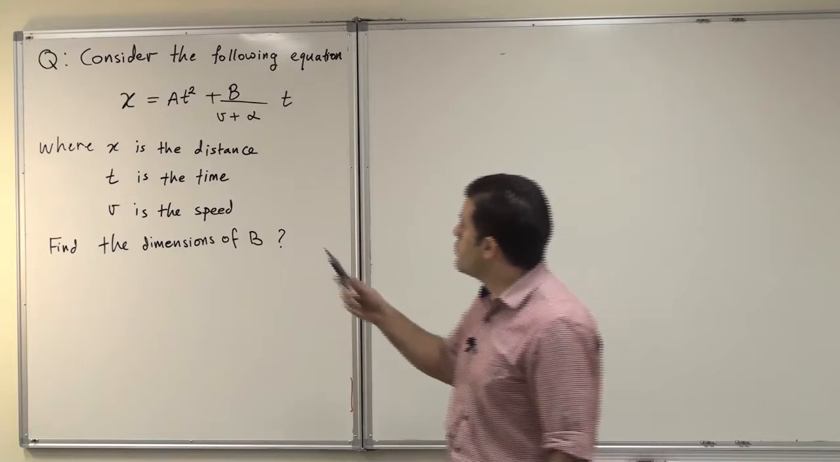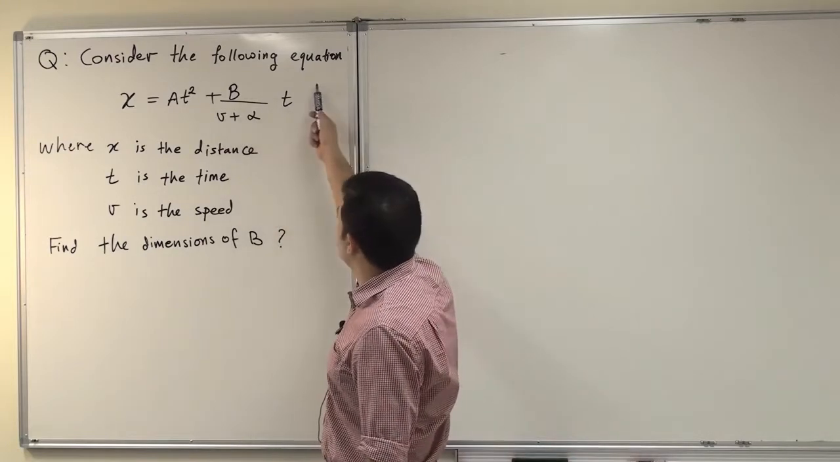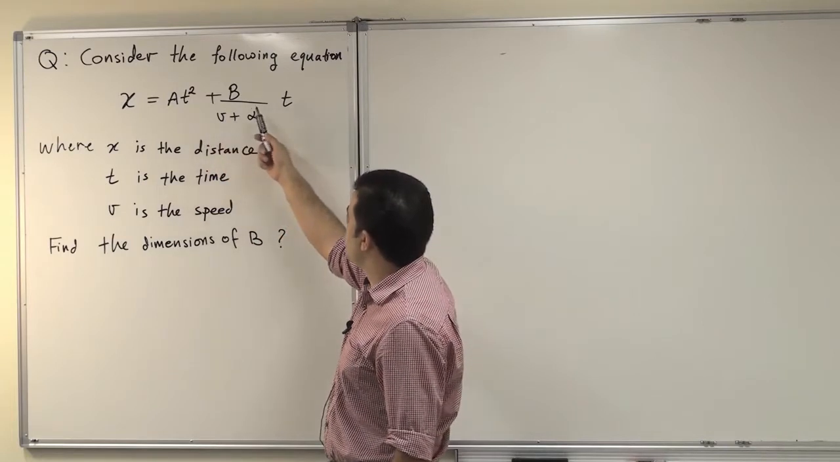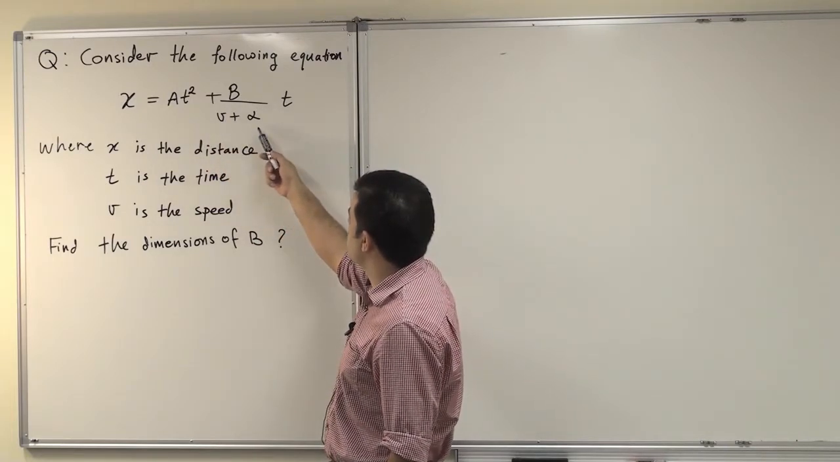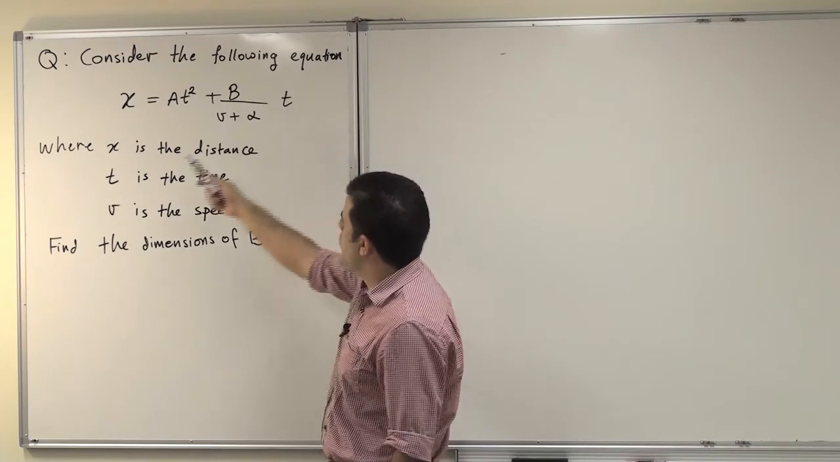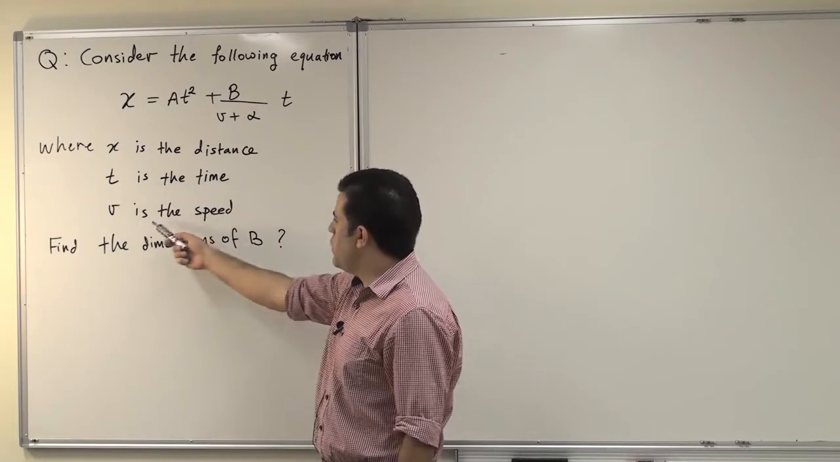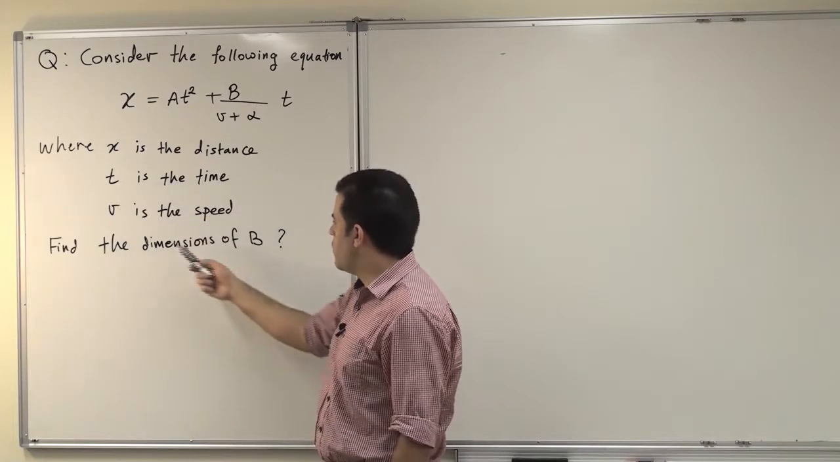So today we'll solve questions from chapter 1, and this question covers the topic of dimensional analysis. The question reads: consider the following equation, x equals a t squared plus b divided by v plus alpha multiplied by t, where x is the distance, t is the time, v is the speed. Then find the dimensions of